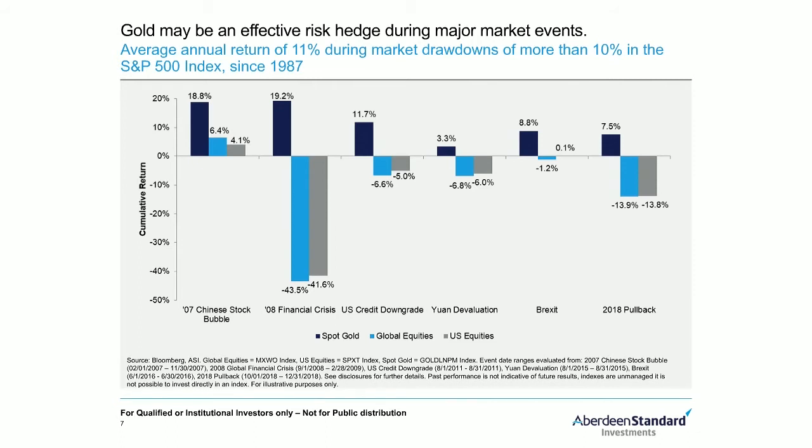In this slide, the dark blue line represents gold, the teal blue line represents global equities, and the gray line represents U.S. equities. And you'll notice in each one of these events that gold has actually done the exact opposite